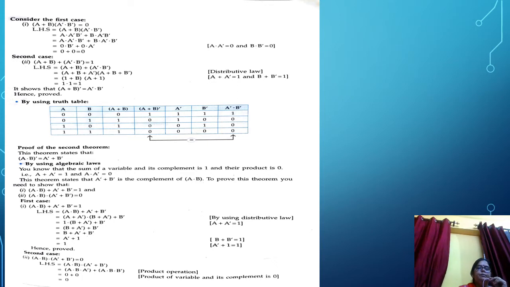Okay. Now see, students, how this theorem has been proved with the help of a truth table. Generally this truth table is of two variables. See, A and B, two variables we have used. First we have solved A+B, then (A+B)', then A', B', and A'.B' has been solved, and here equality has been proved, so the law is true. Now with the help of the second theorem, see, the way is the same.